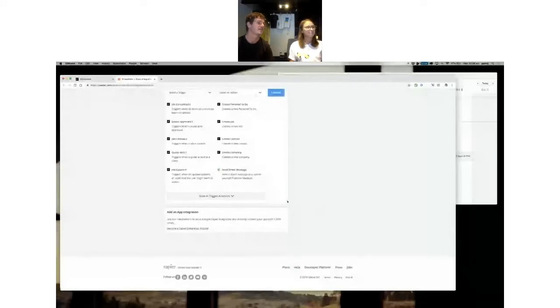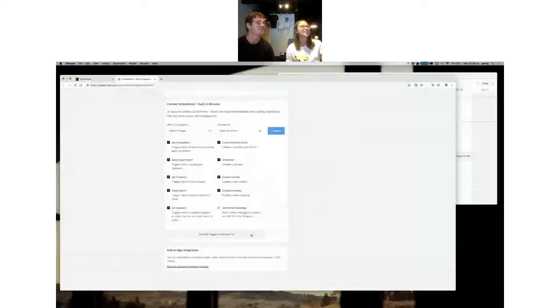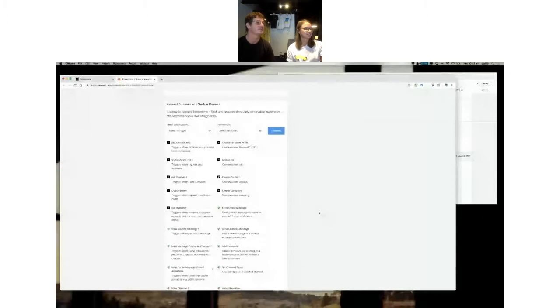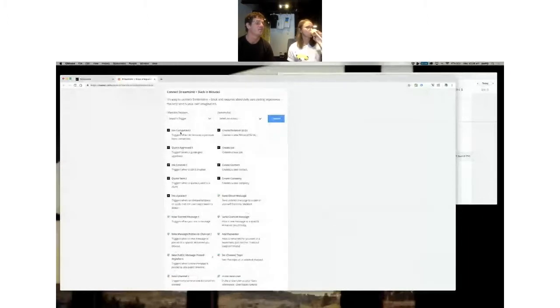Get some gifts. Cool. And as you can see within Slack here, how Zapier works is that you have triggers in one app and then you have actions in another app. So that's to say that we have these set triggers in Streamtime. So when something happens in Streamtime, it'll create an action in the other app. For example, when a quote gets approved,